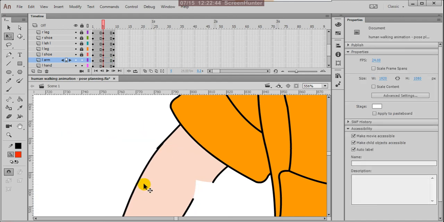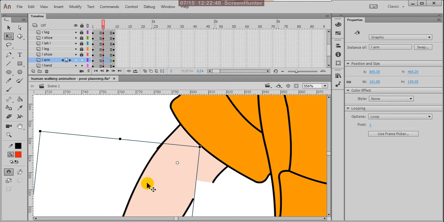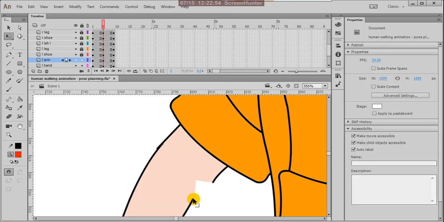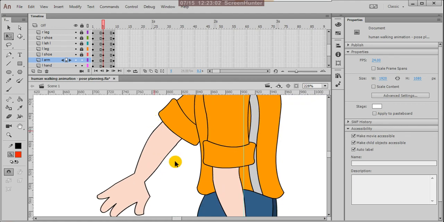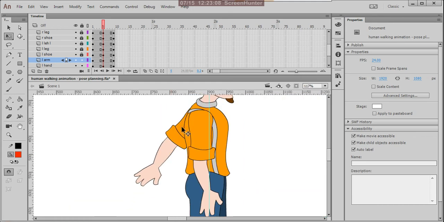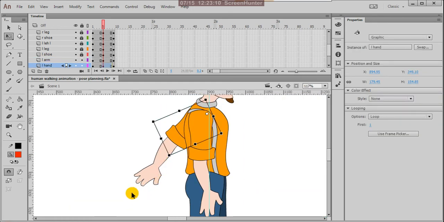Okay, and you can make it break apart. You can join this. You can give the proper shape,